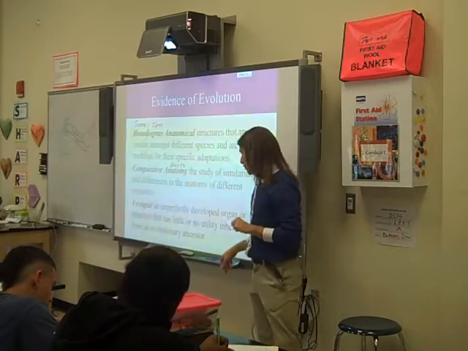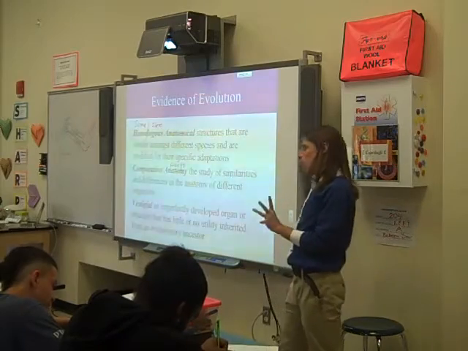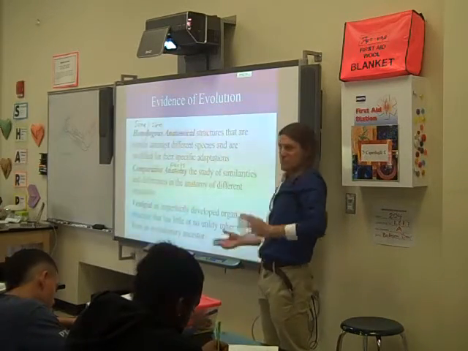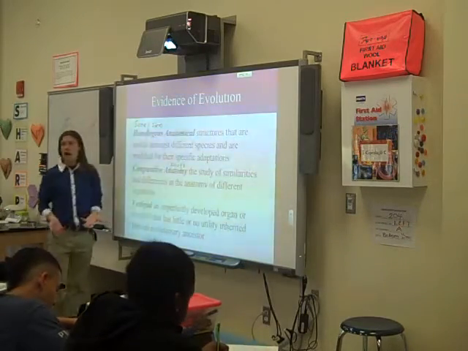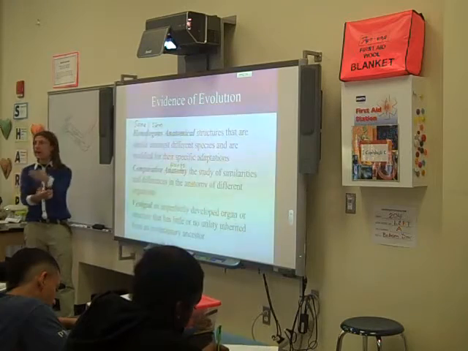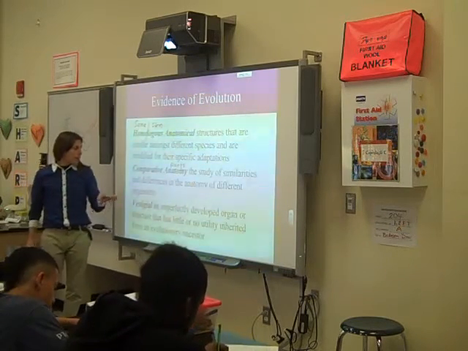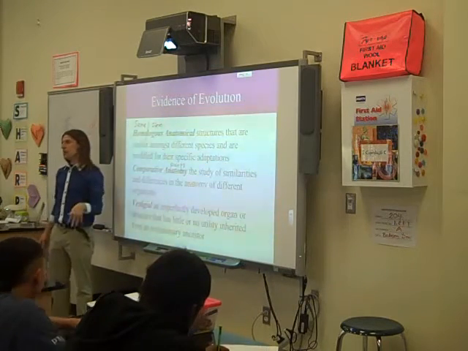All right, so a vestigial structure in an organism, vestigial anatomy, is an imperfectly developed organ or structure that has little to no use at all to the organism. And that's uncommon. It's uncommon for an organism to develop and build something on its body it's not going to do anything with. They have it though because they've inherited it from an evolutionary ancestor.